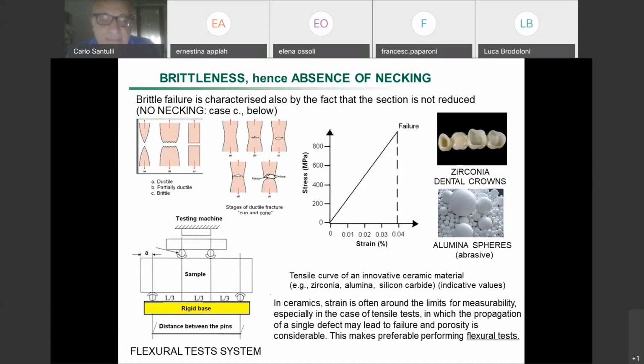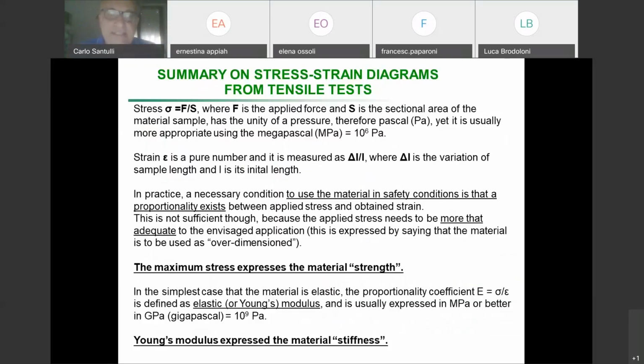strength of a ceramic. It might be a problem to measure the tensile strength of the ceramic. You usually measure that by the flexural tests, where, as you know, you have a compressed part and a tensed part. Okay, I wouldn't go much further than this.